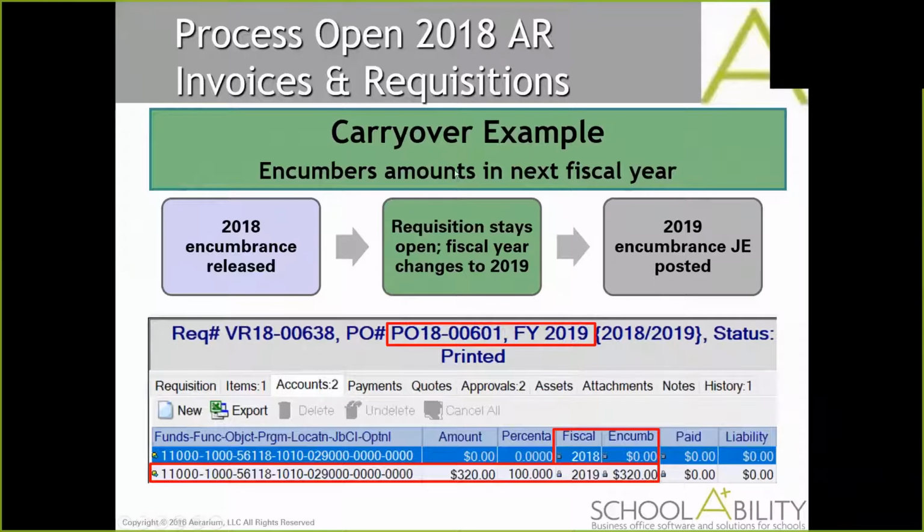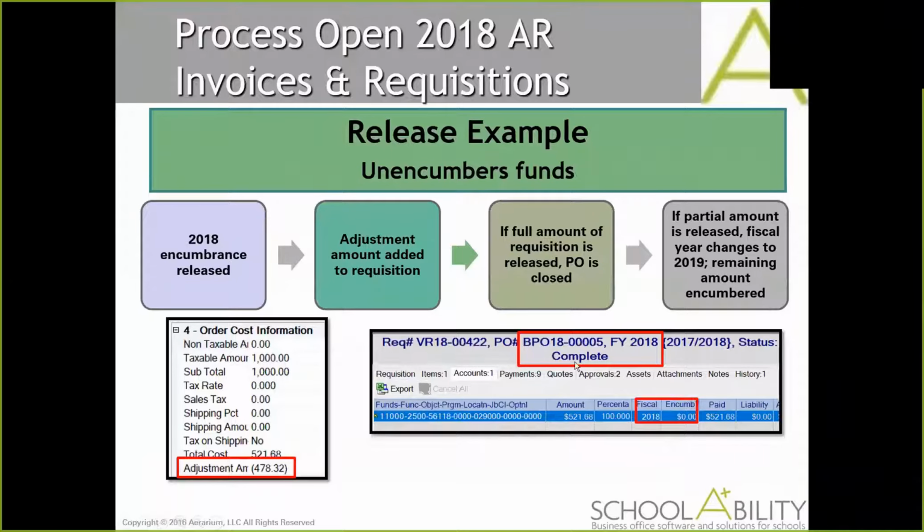This one more resembles what we would use. This one is a carryover. What it's going to show is the amount in FY19 that's carrying over of $320. So it shows the different fiscal years. And this one shows you in FY18 that the encumbrance has zeroed out because we wanted it to release